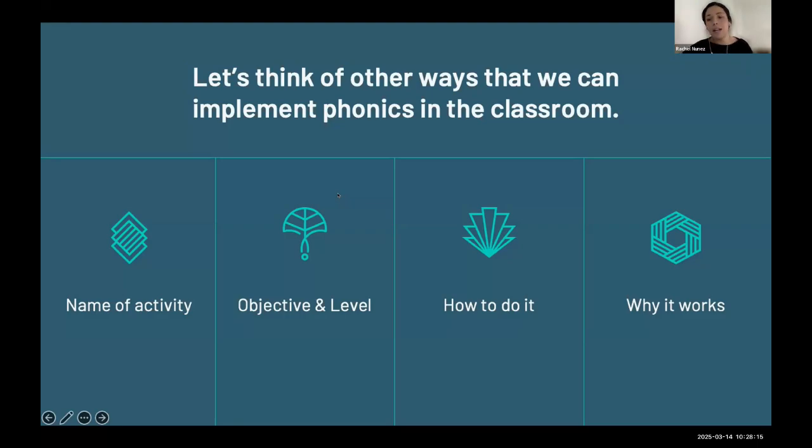It's an example of an activity, but there are so many different other activities we could use. Okay, so